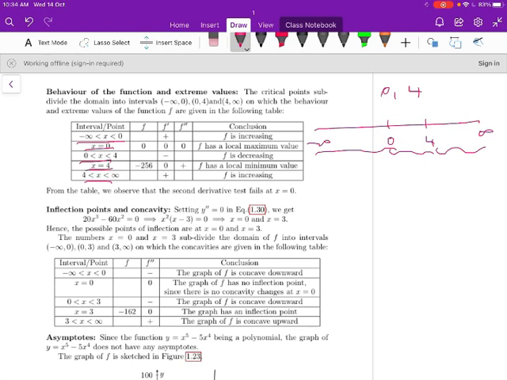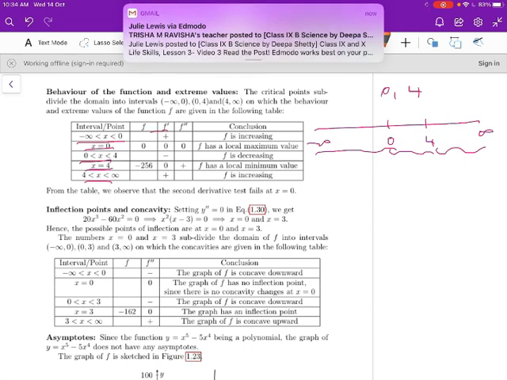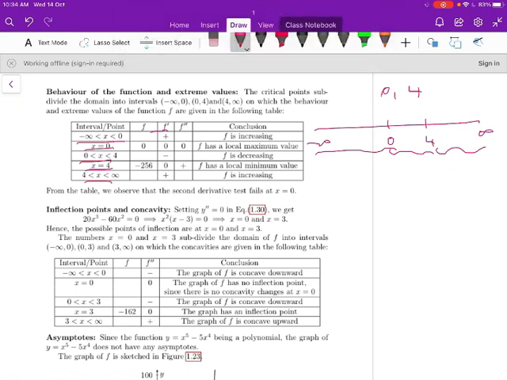Now let us find out whether the function is increasing or not with the help of the derivative. For all values between minus infinity and 0, f dash is positive, therefore f is increasing. At x equal to 0, f dash is 0, because we found the critical points by setting f dash equal to 0, and f double dash is also 0 here. We cannot decide whether the function has a local maximum or minimum with the help of the second derivative test. So let us go for the first derivative test.